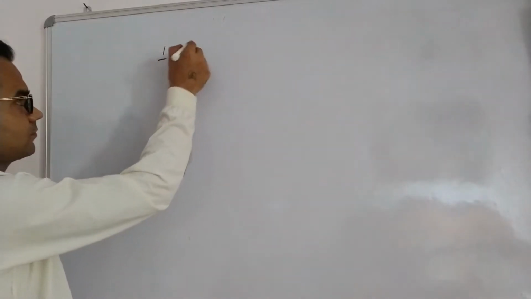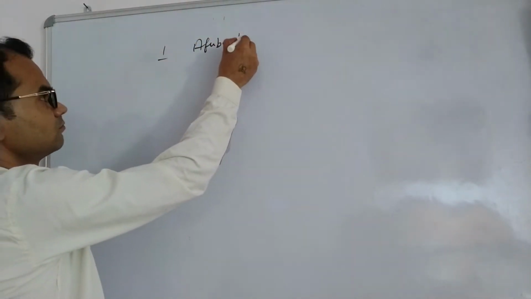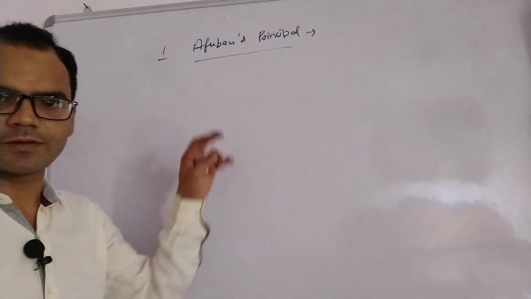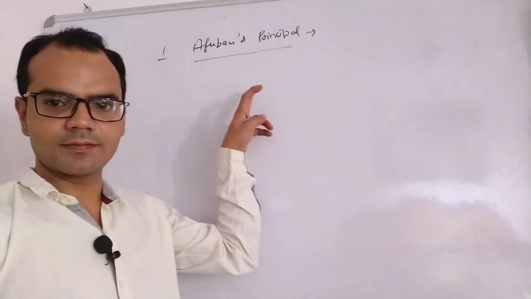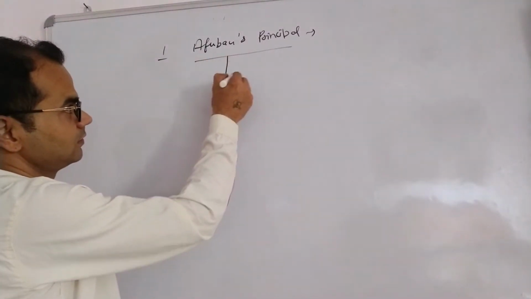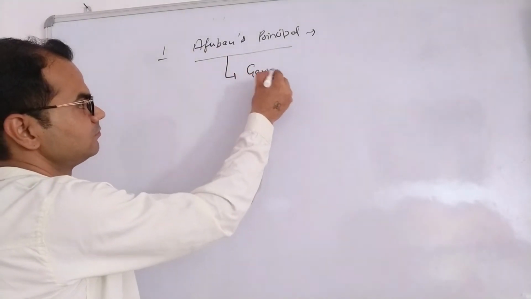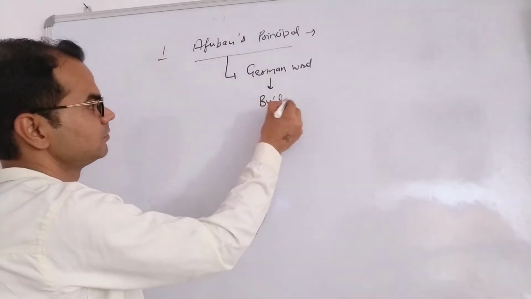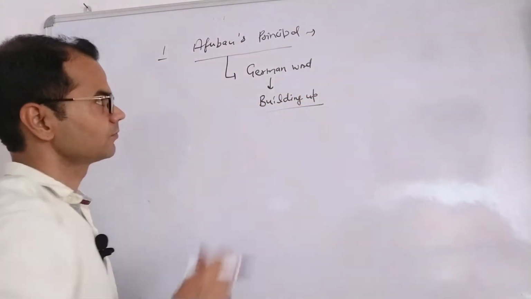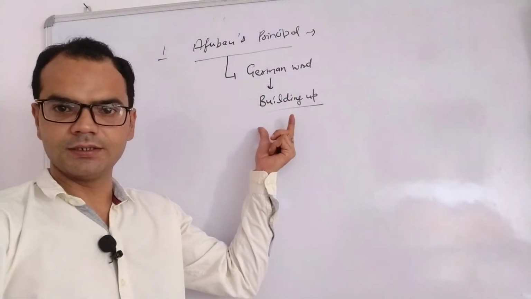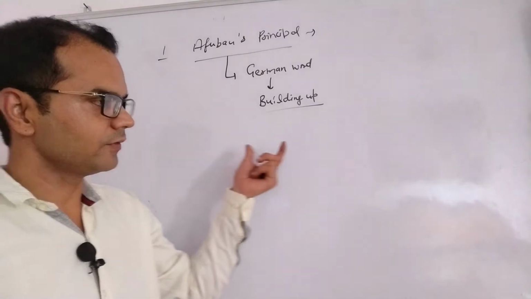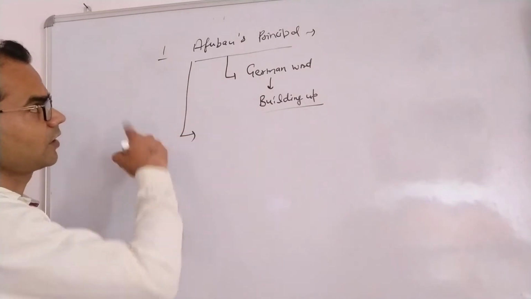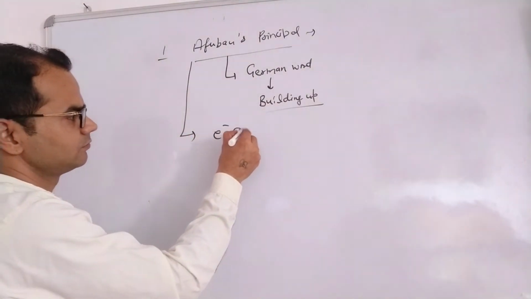First is the Aufbau principle. Actually Aufbau comes from a German word, and its meaning is building up. Aufbau means building up. There is a building up of orbitals, and according to the Aufbau principle, electrons are arranged